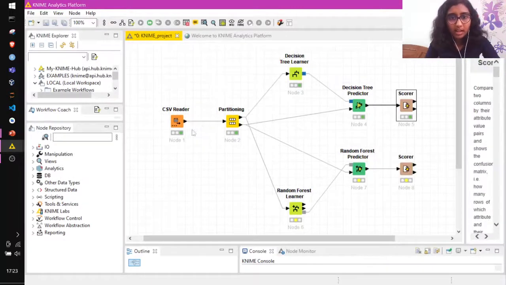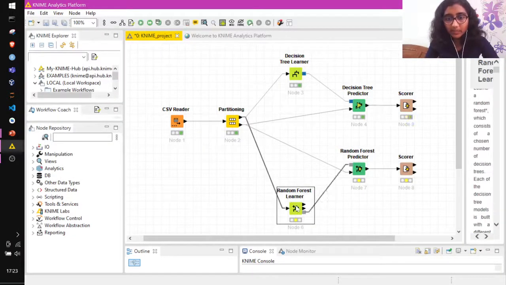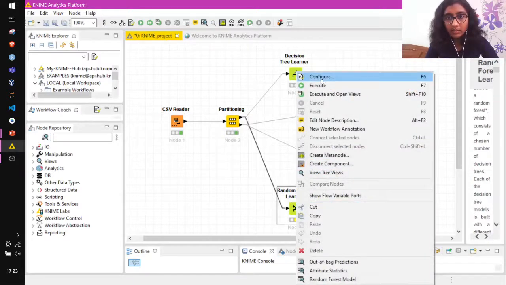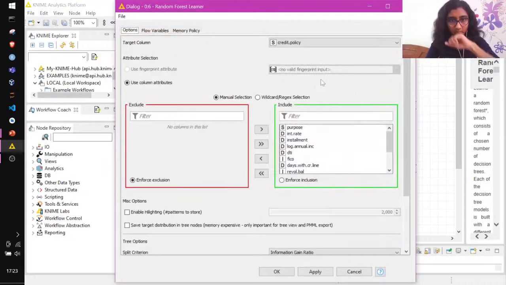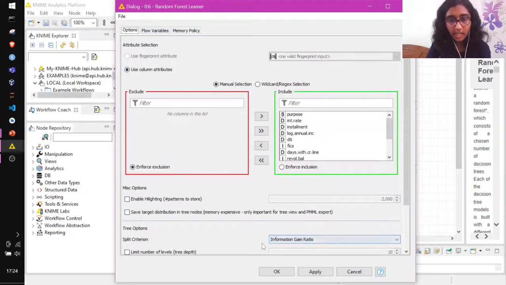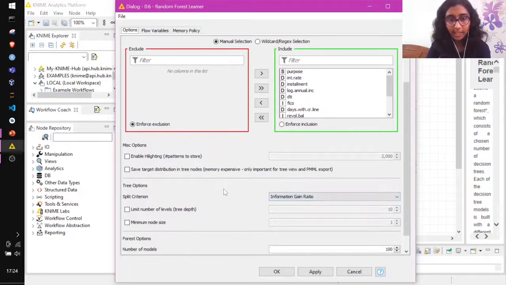Okay, so it takes the same input, the same splitting, and we are using all the attributes for the prediction, and it's done using information gain ratio.